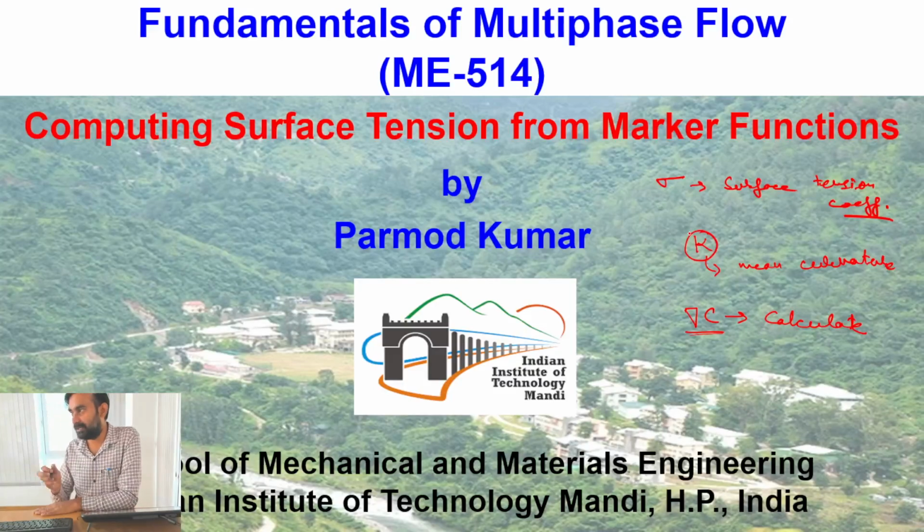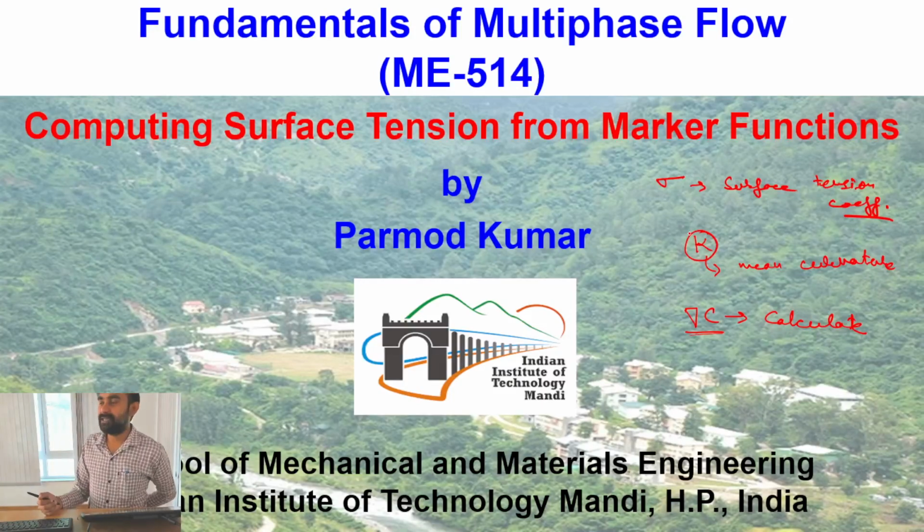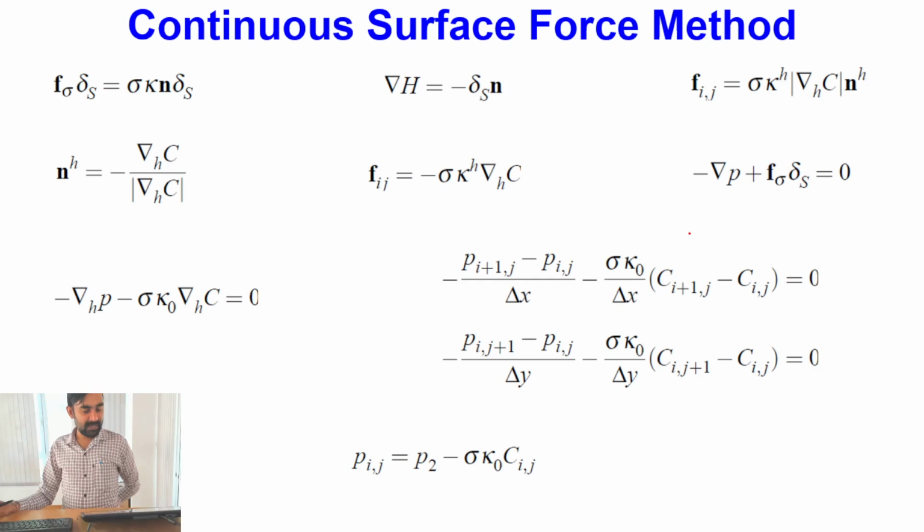Discrete arrangement, because whenever we do numerical simulations, we do not have continuous variation of the property. We consider that data is known only at the node points. So we have data available at the node points, and we have to solve this using either the finite difference method or the finite volume method, any discretization method, but in a discrete manner. Okay, so let's try to see what are the different ways with the help of which we can actually calculate